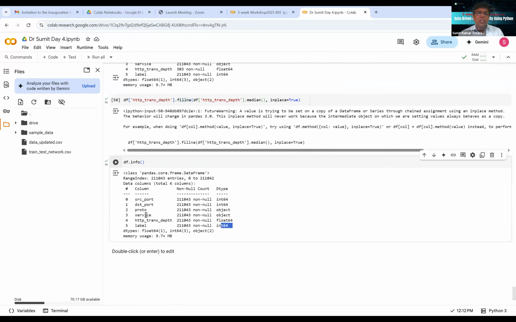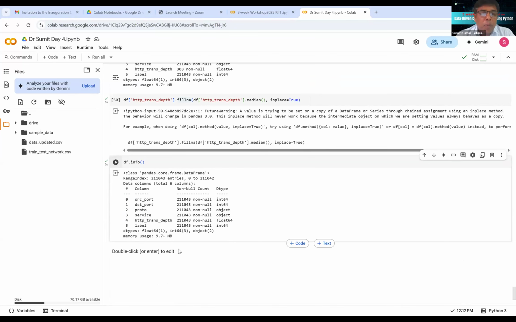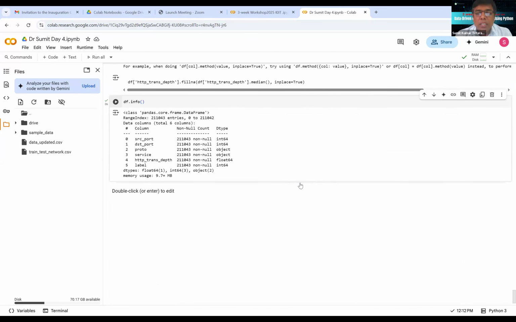Now it's filled, because the missing value must not be there. Otherwise, it will give you an error. Okay. Now what will be the next? We have to